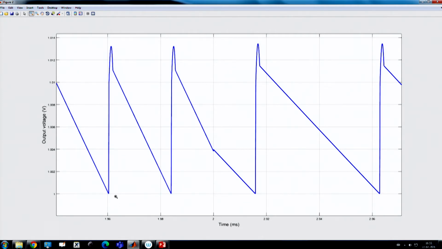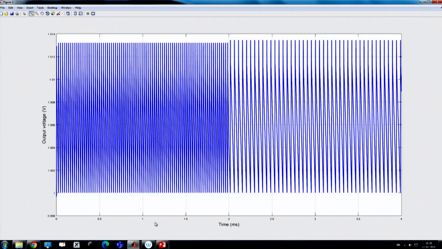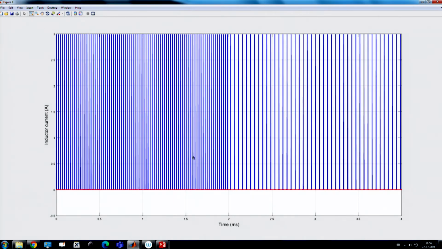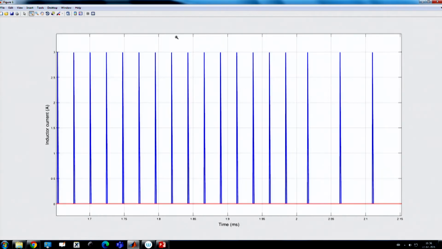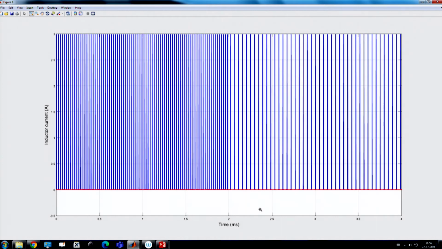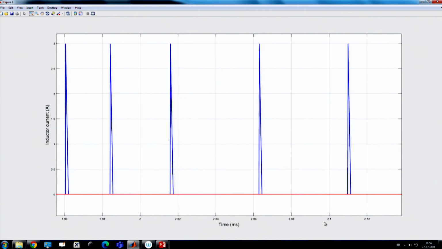You can see the time period here and the time period here. Here the time period is double compared to this, that means your switching frequency becomes half, and you will see the output voltage ripple is more or less constant, as we have discussed. If you go to the inductor current waveform, you will find that if I maintain the peak reference current, it is perfectly fine. This is my inductor current reference. Whether before 2 or after 2, the current remains the same because your on time is fixed.